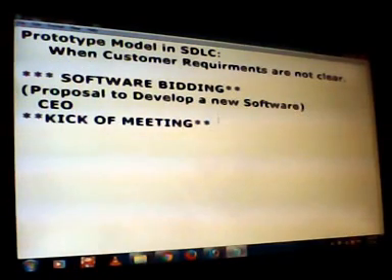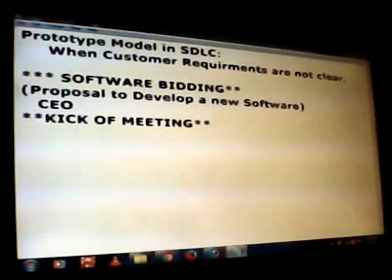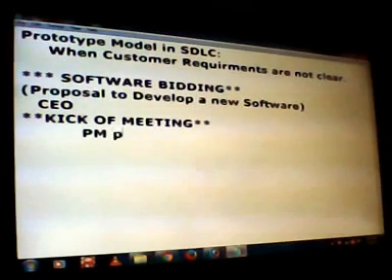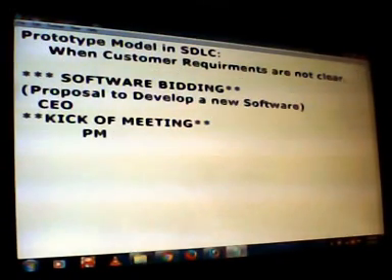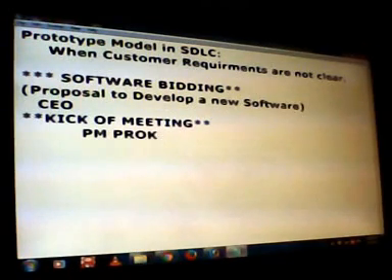The CEO is going to select the PO by arranging the kickoff meeting. We pronounce it as PM, project manager. If the software is developed based on a project or based on a product, it varies. So let us assume it is a project, so we call him project manager.